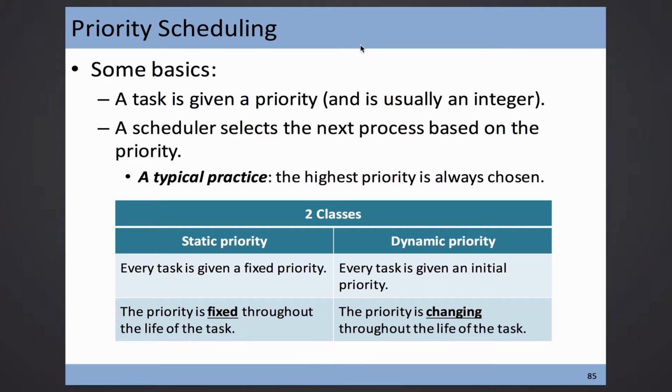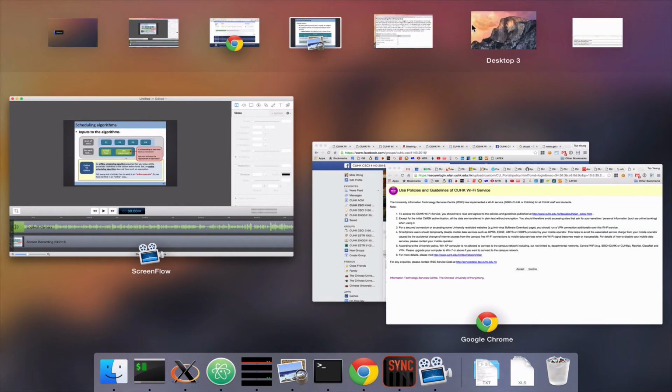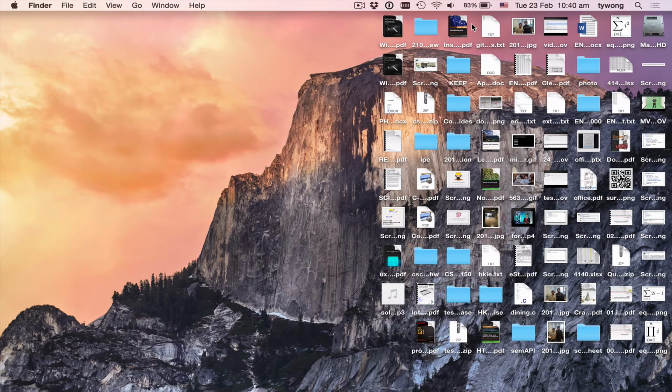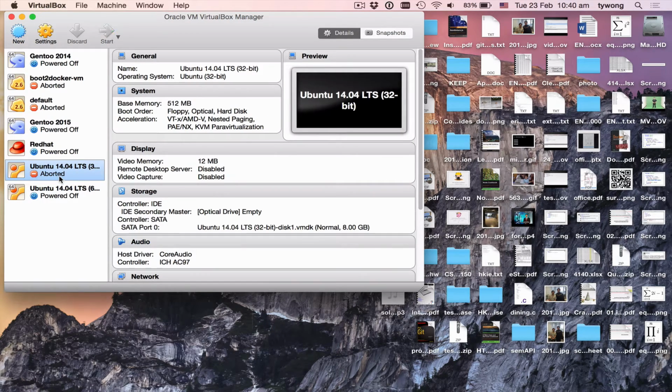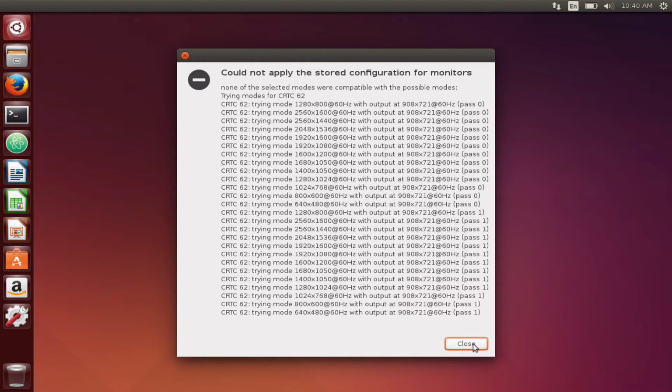Now another is something that you cannot discover. Let's take a look at a system. Oh yeah, I lost the virtual box. Wait a moment, I have to restart my virtual box. So why do I have to use virtual box instead of Count9? There's something that Count9 cannot show. Wait a moment, it's launching. Okay, good.